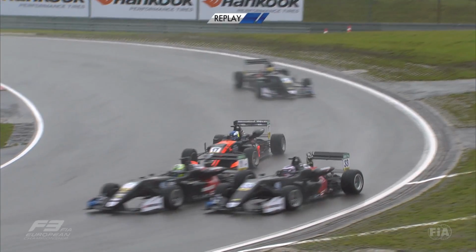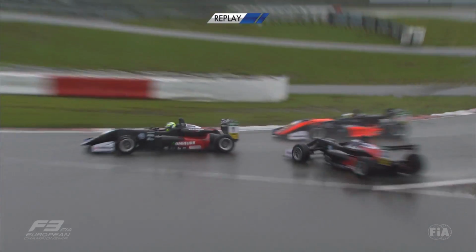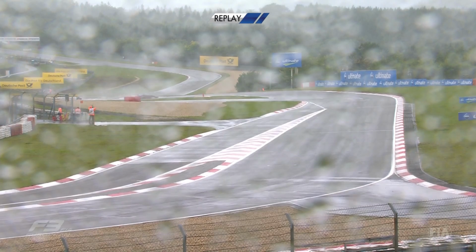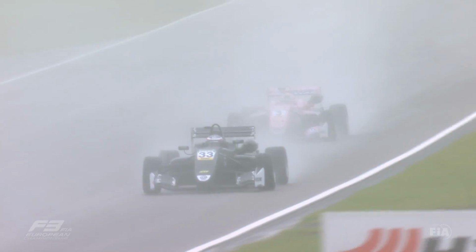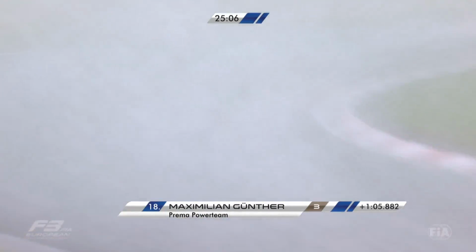And, whoa, there's a big slide there from Joel Eriksson. The back end of the car just making contact with the number 33 car of Marino Sato. And Harrison Newey able to perhaps take a little bit of advantage in that in the Van Amersfoort Racing number 17 car. So, whoa. Around goes the 21 car of Amaya Madjanathan. And Maximilian Gunter